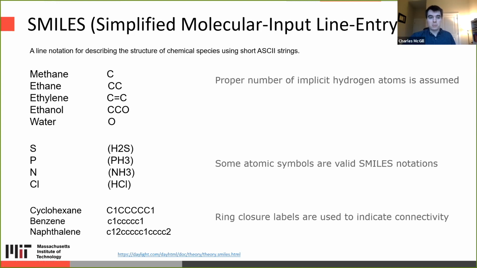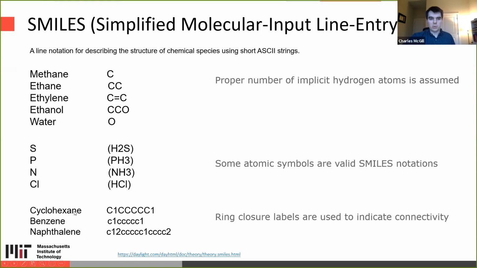Also represented in SMILES strings are ring notations. We have the SMILES for cyclohexane here, with the 1 in that string indicating the start of a ring, and the second 1 indicating the end of it. With rings, if you see your elements in lowercase, that's indicating aromaticity.